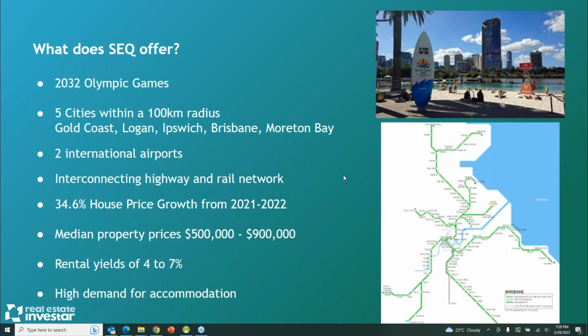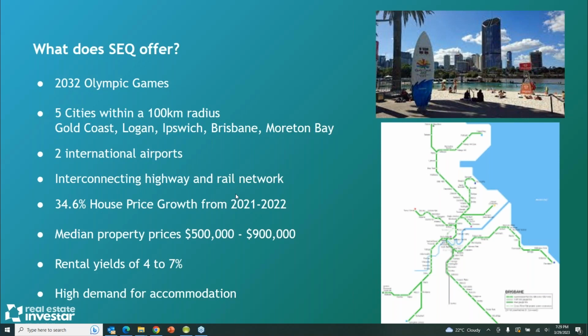The Southeast Queensland corridor, which is the greater Brisbane region, essentially has seen 34% price growth from 2021 to 2022, which is massive. One of the reasons for that was affordability. Brisbane, much like Adelaide, didn't see the price growth that Sydney and Melbourne saw over the last 10 years. Ours was a fairly consistent, steady market. And coming out of COVID, we saw massive growth. And again, interstate migration, people being able to work remotely, moving to the Sunshine State for affordability and lifestyle, really put pressure on property prices.